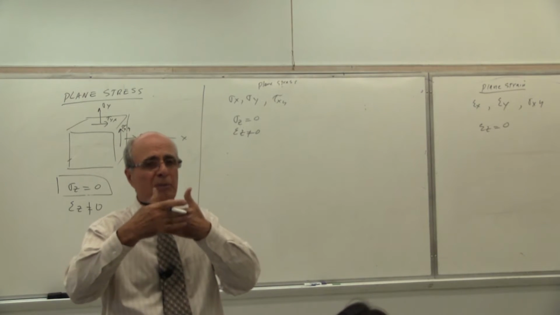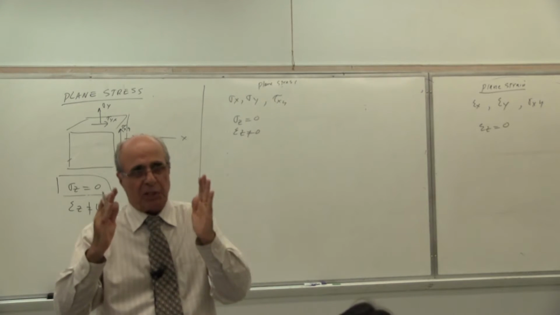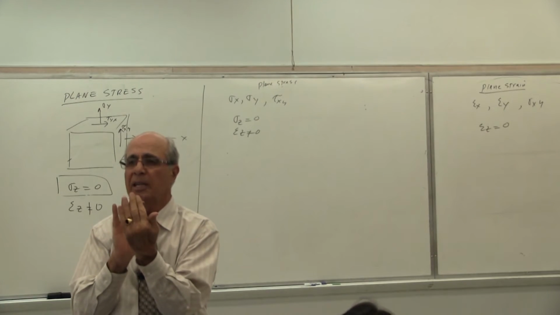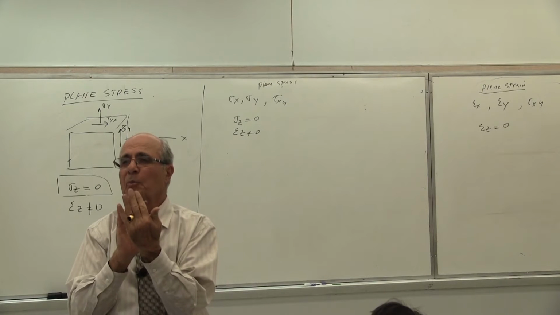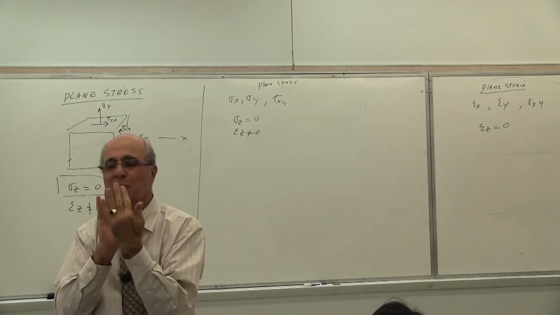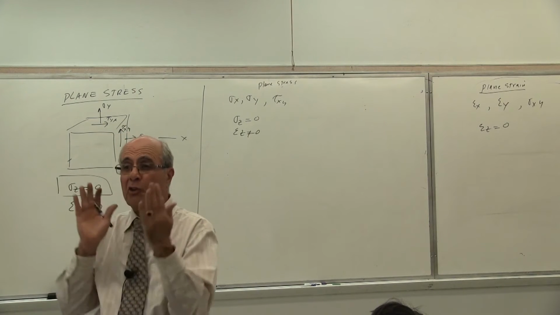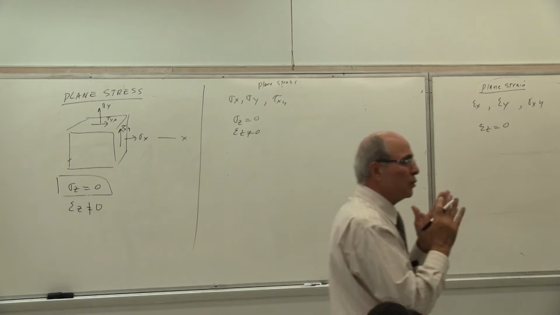How can you, see, if you have an object plate here, you are pushing it this way, you are pushing it this way. If this side gets larger or not, yes? How can I prevent this from moving? Put it between 2 rigid plates. Is that correct? It's exactly what we have to do. If I want this not to move in the other direction, I have to put it between 2 rigid plates.